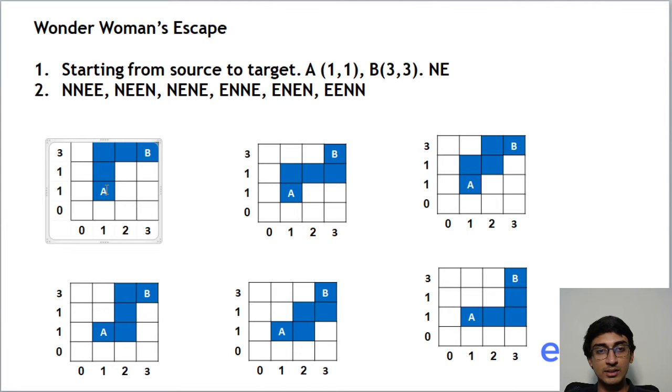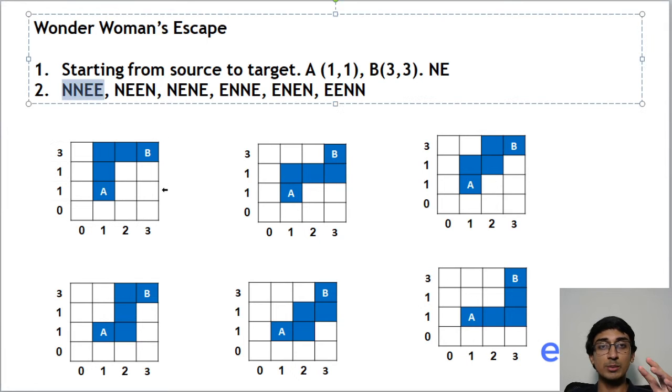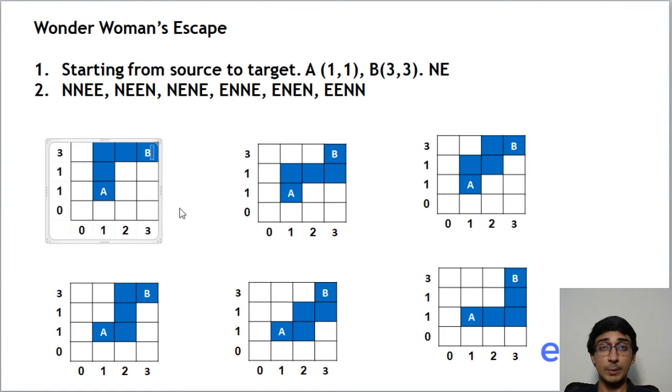Similarly, to get my x coordinate from A to B, I have to again take 2 steps to the east. So I will have to take 2 steps to the east. Now, in which order I take them doesn't matter. As long as I take 2 steps to the north and 2 steps to the east, I will always reach B. That's it. Because the north contributes exactly to my y axis and my east contributes only and only to